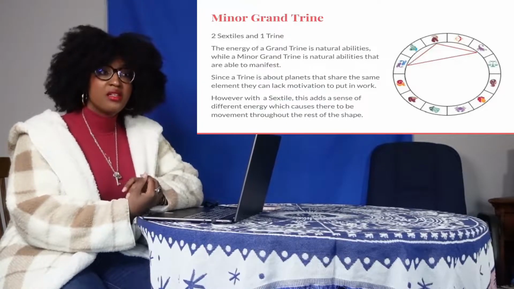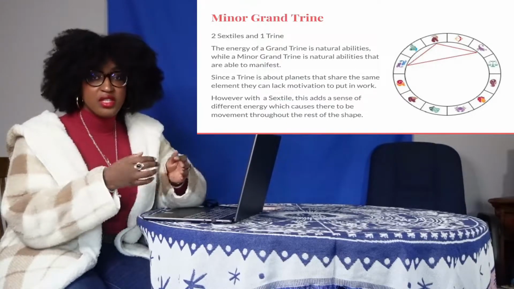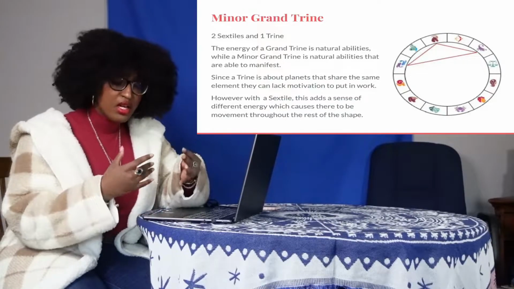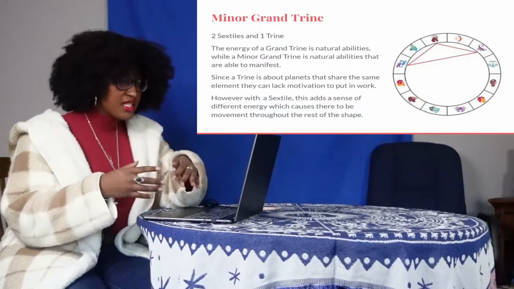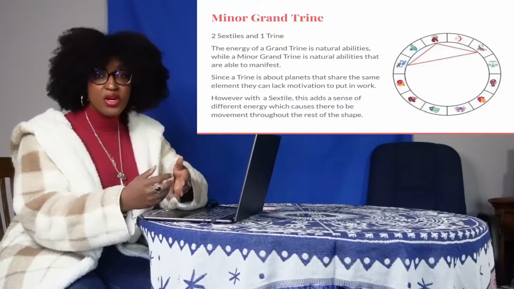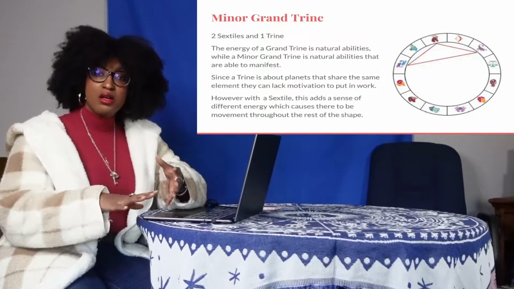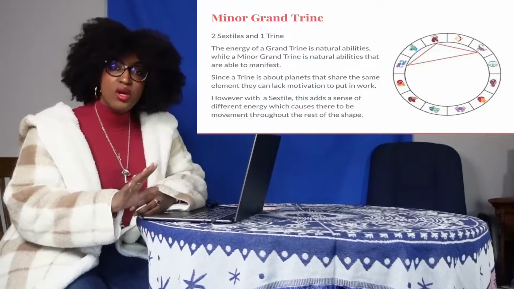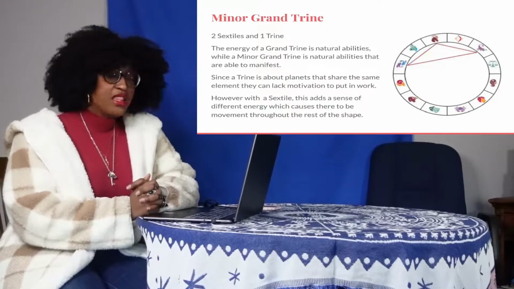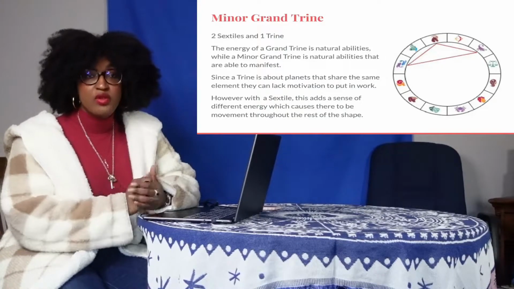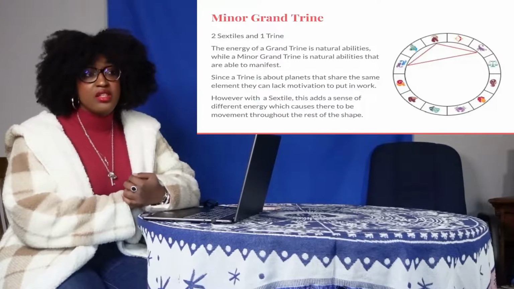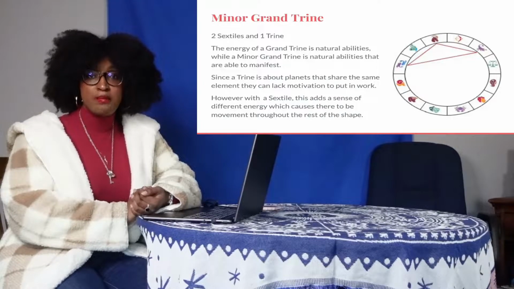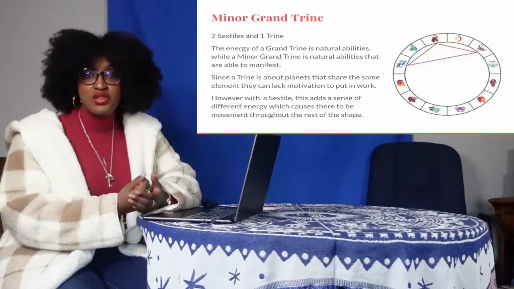For example, let's see, somebody that's an artist. There's people that are just naturally gifted at drawing. And then there's people that have sextiles where they can draw, but they just have to work at it more if they want to be a more improved drawer. It's basically like you have the talent, but you just have to put into the talent for it to grow. And that's what a sextile is, and that's how it separates from a trine, because a trine is a talent you just don't have to put effort into. It's like a second nature. It's like blinking. You don't have to think to blink, so you don't have to think to use a trine talent.